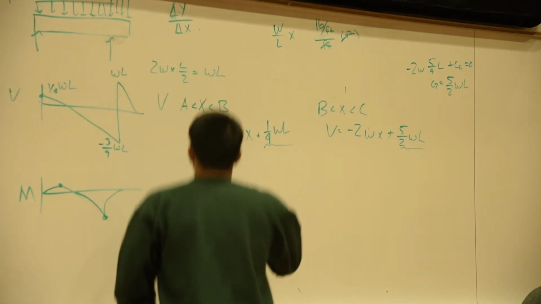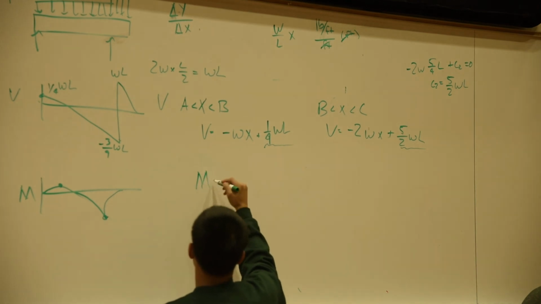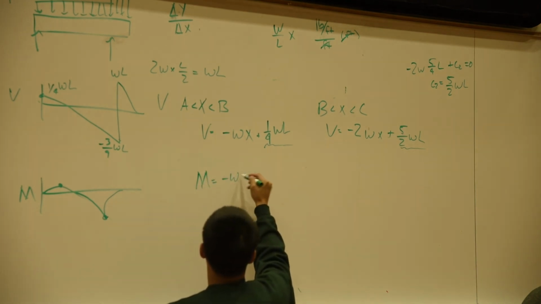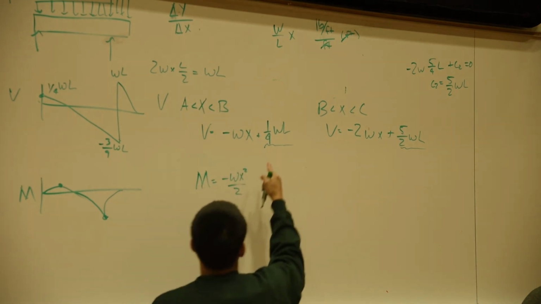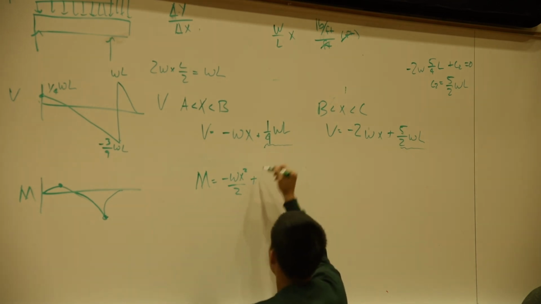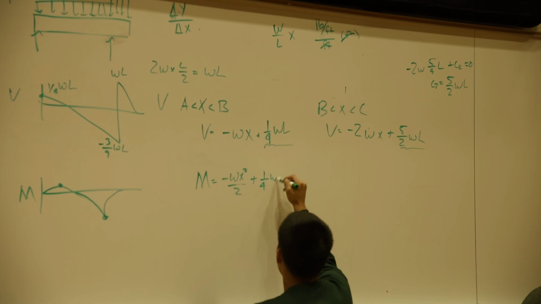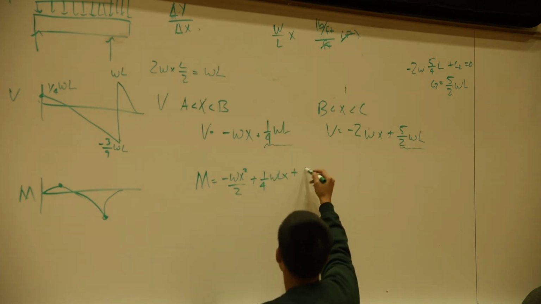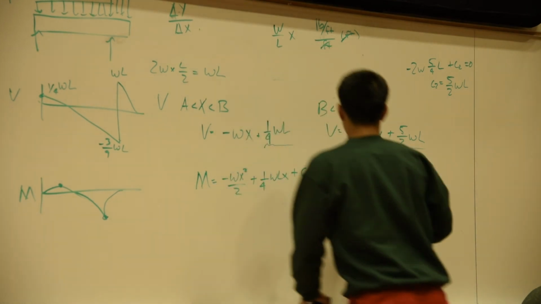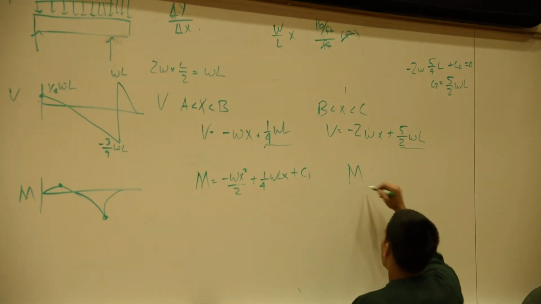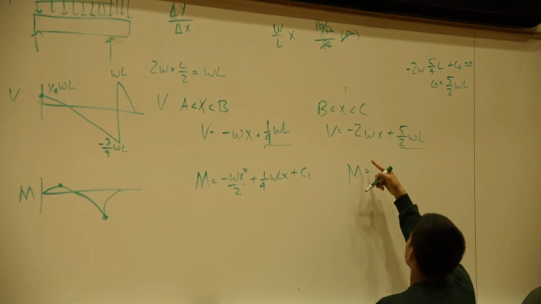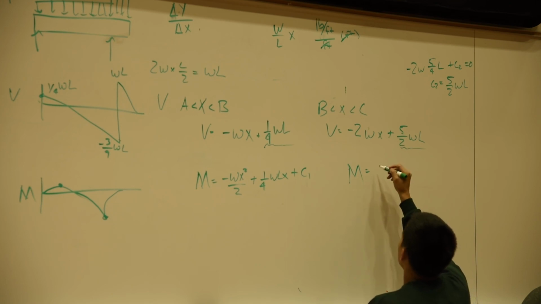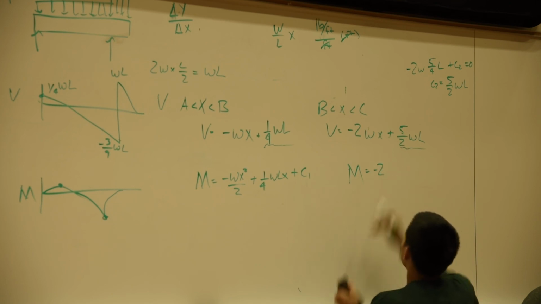All right. Moments. Once again, it's just the integral. So negative wx squared over 2. That's a constant, so you just tag on an x. Okay. Plus, we'll call this one C1. Moment equals negative 2, nope, it'd be